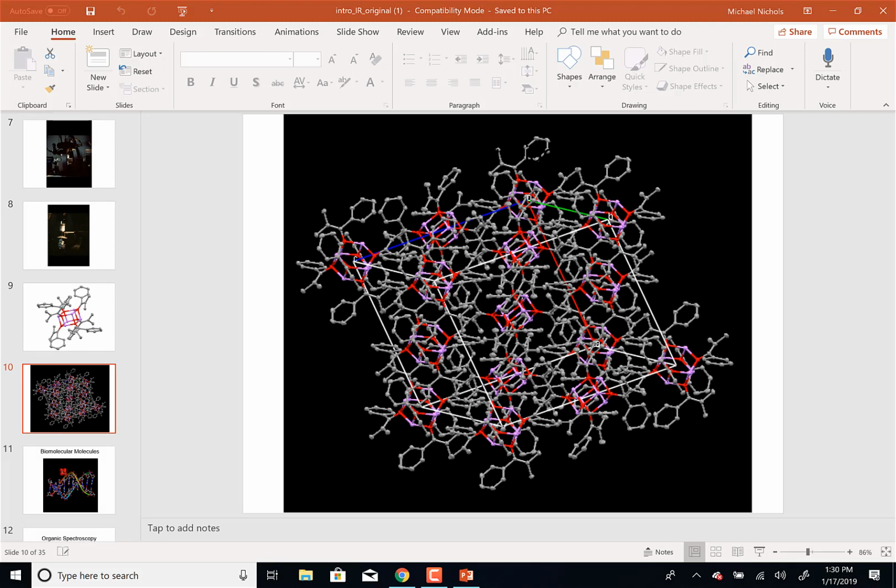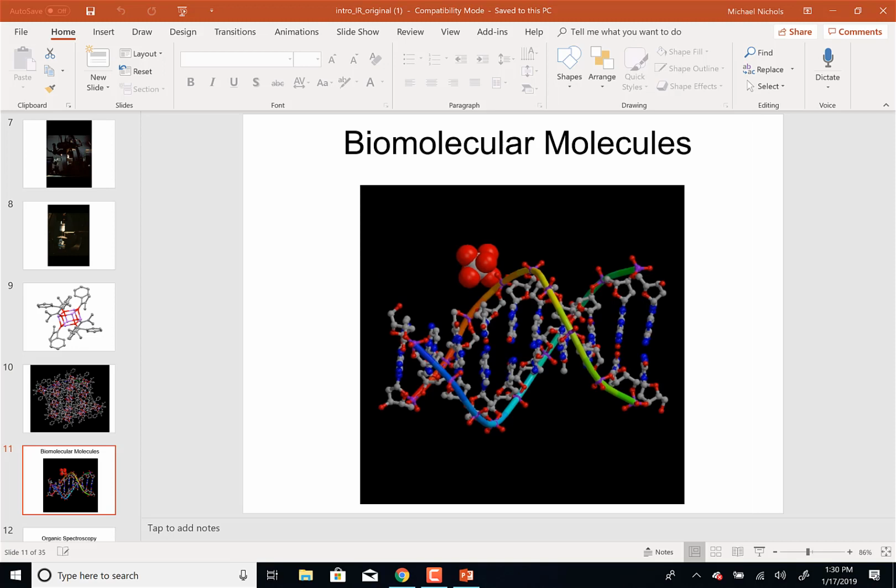And this only came about, I think, in my 2nd year as a postdoc because we didn't have the computer capacity to actually look at these big structures. And you have more power in your phone probably now than I had on that computer. So this has gone a long way. You go to biology and your biomolecules, you can now see the 3-dimensional structure because somebody grew a little tiny crystal of, for instance, DNA.